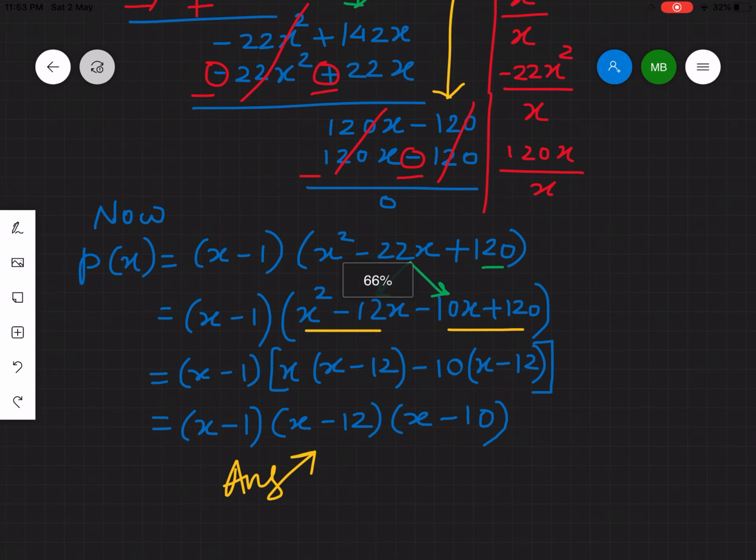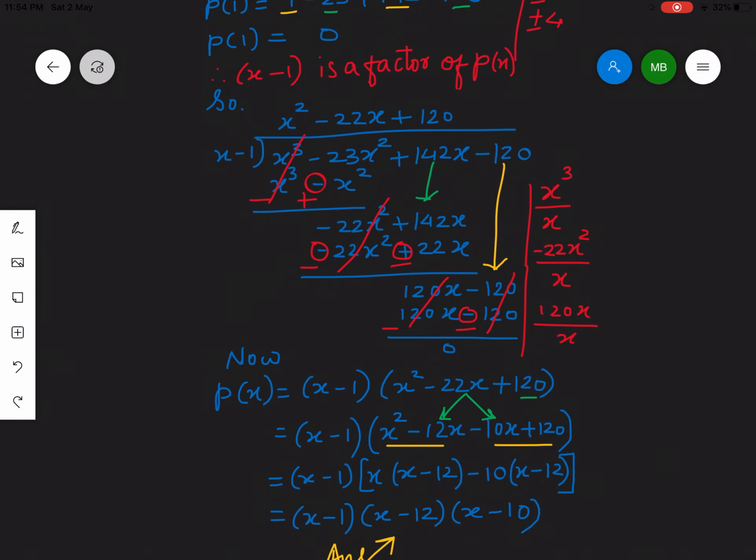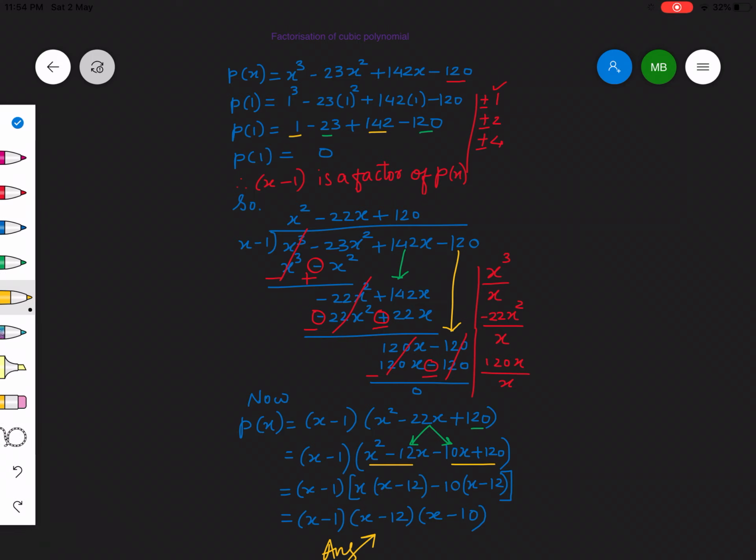What we did is, let's see the entire method. I'm just reducing the size of the screen. I hope it's visible, so that we can go through it at once. We started with this p of x. We use the trial and error method, indeed the factor theorem method, to get one factor. How to start trial and error is with this constant term minus 120. We'll look into the factors of minus 120, and we started with plus 1, and luckily we got it.